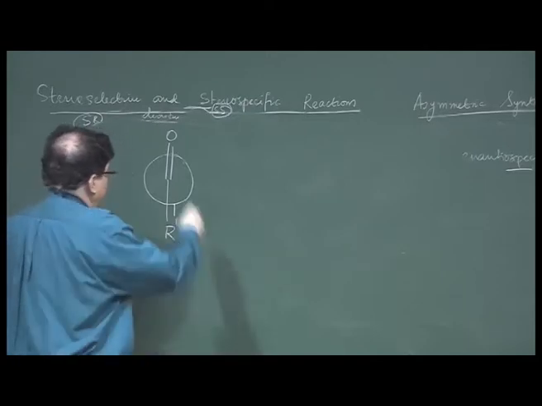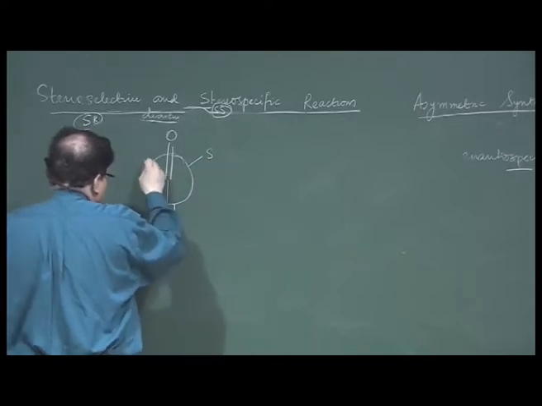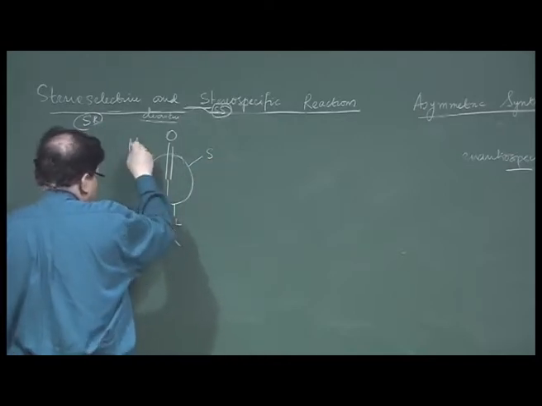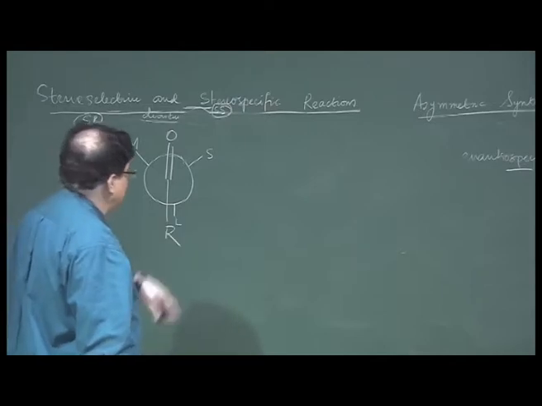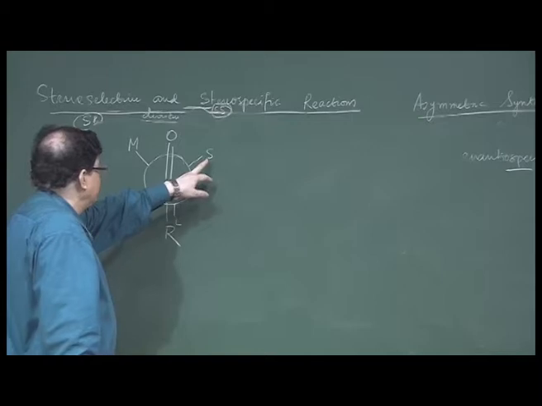Then there will be a small group, suppose on the right side, depending of course upon the chirality of that center, but suppose it has a conformation like this, SML,